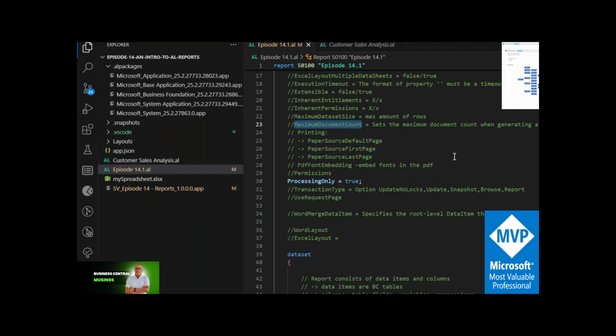Maximum document count is also used when the layout is Word. I don't know if you have experience with Word templates. I have a channel for Word templates, or on my website, but they're really cool. If you want to generate multiple Word documents with one run of the report,